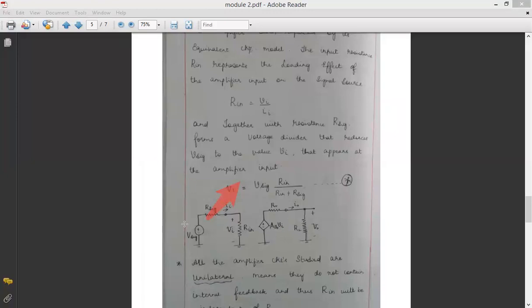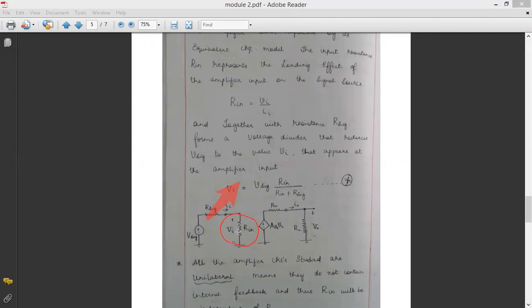I repeat. Suppose I am giving 5 volts, I want the complete 5 volts here. There should not be any drop. I should get at least 4.9. I should not get either 3 volts or 2 volts, because if I get 3 or 2 volts, it is not a good loading effect resistor. So what I am doing, I have to choose this Rin to be very, very high.